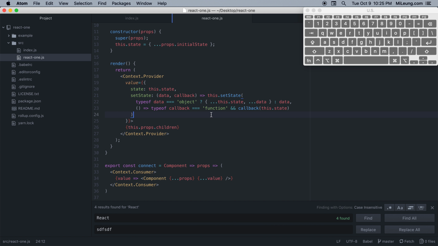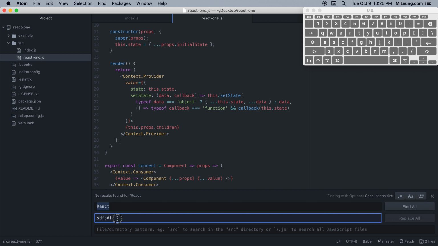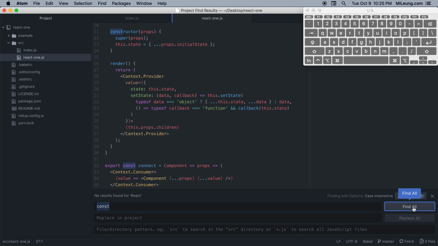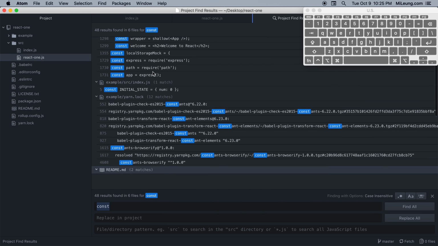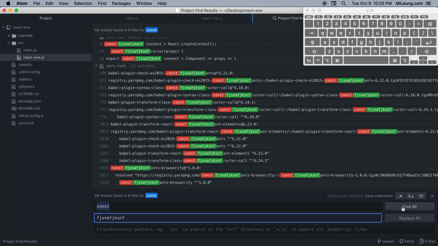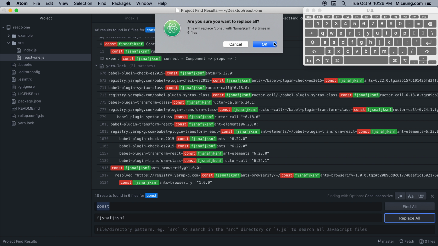If you want to do a find or replace across the entire project, you can use Command+Shift+H, and that does the same thing, except it's going to search your entire project. So if I want to find every instance of const, I can use Command+Shift+H and then find all, or just press enter, and then I can replace everything the same way, but it's going to prompt me because if I replace everything,